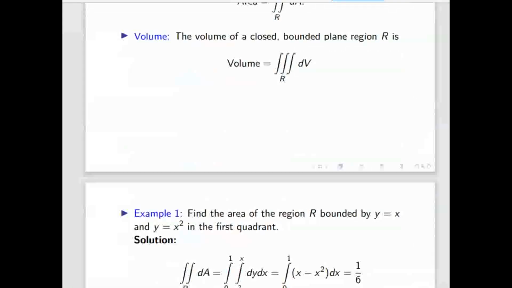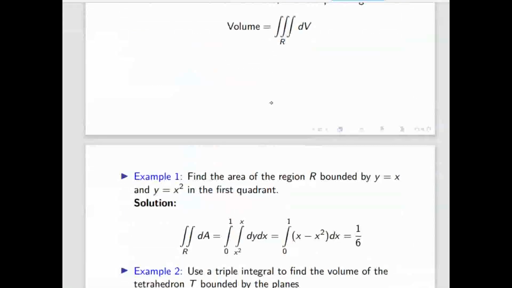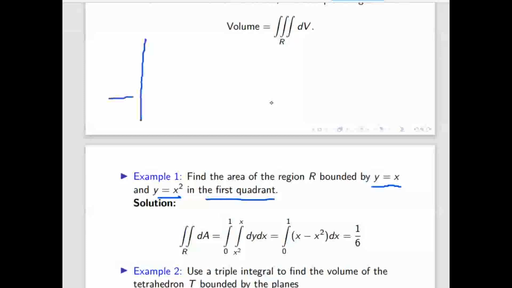So here I am just putting this picture. So, limit of y. First I will draw the region y equal to x and y equal to x square in the first quadrant. So I am drawing the picture of the first quadrant. y equal to x is this line, and y equal to x square is something like this. It will cut this or not?